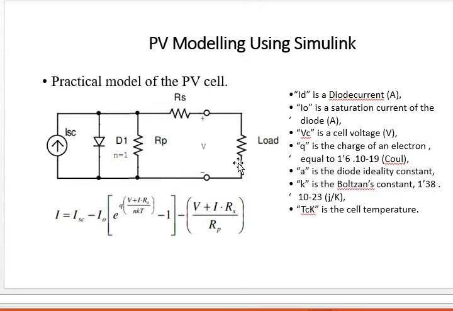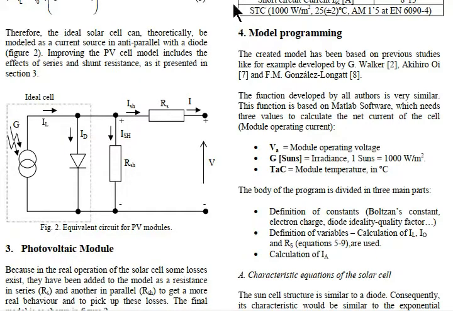So this is the exact model. While implementing it in MATLAB, there may be a little difficulty, because the current that we are finding here is I, and again the same variable I appears here inside this exponential function, so it is not possible to calculate it directly. This will be solved by iterative techniques like Newton-Raphson or Gauss-Seidel, whatever you like, but here we will use the Newton-Raphson method.